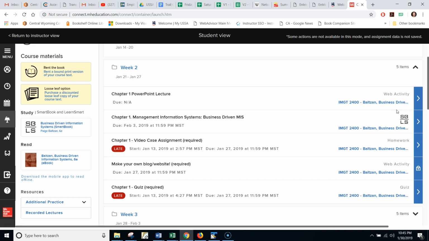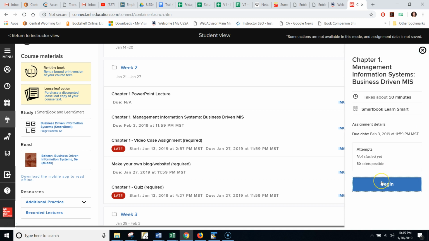I don't think anyone's an expert with using the SmartBook, but the point of the SmartBook, and you can see it right here under Chapter 1, is to not just have you read the book, but to take you to the really important sections first, and then to actually ask you some questions as you're reading. And if we go in here and we begin the assignment,